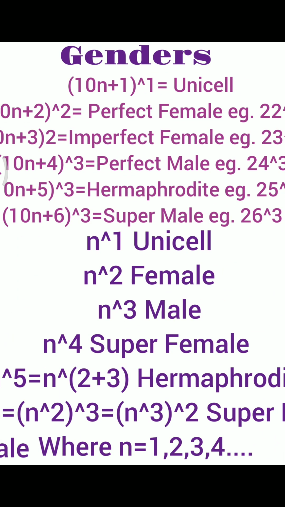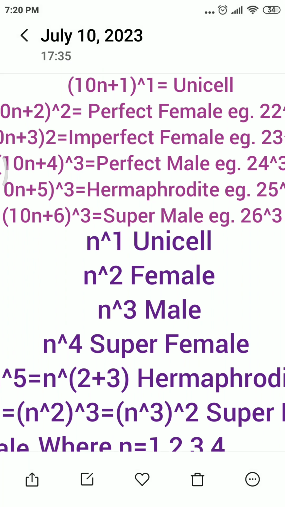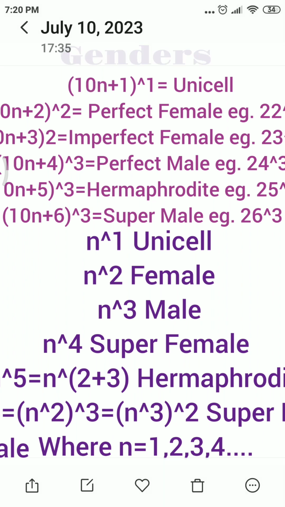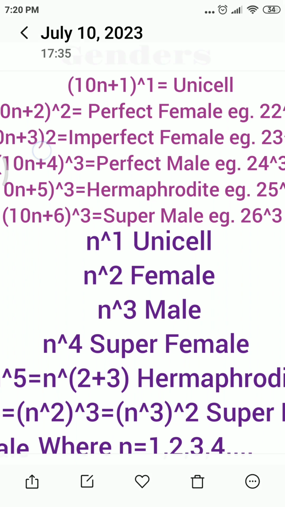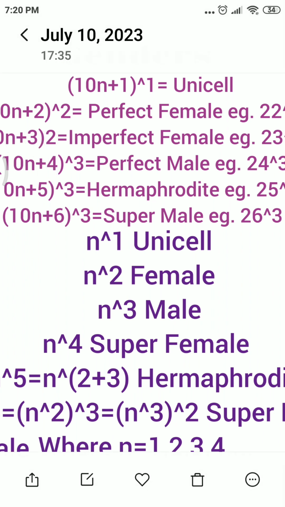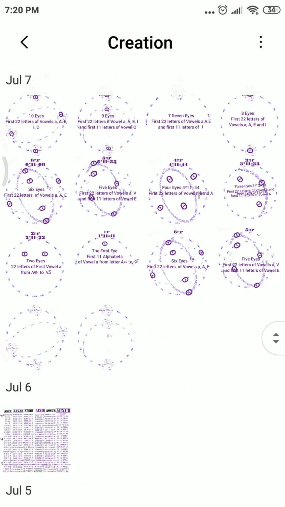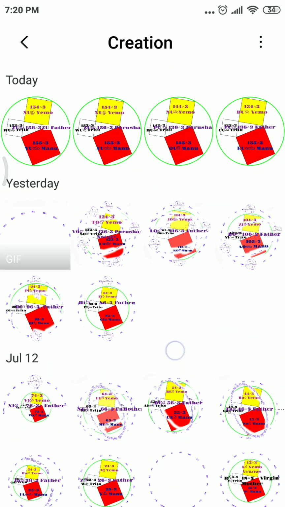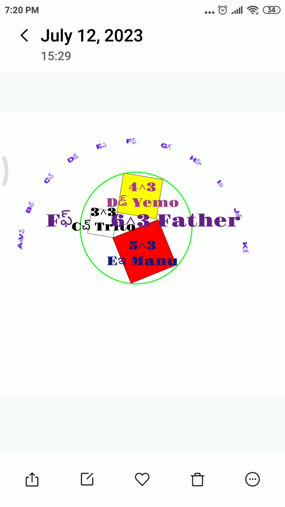So now there is another thing here. While discussing genders last time, I gave a formula 10n plus 1. This 10n plus 1 is what we are going to use here. Not exactly 10n plus 1, but 10n plus 3, 10n plus 4, 10n plus 5, 10n plus 6. That is the kind of formula we will be going to use in constructing this kind of solar system and